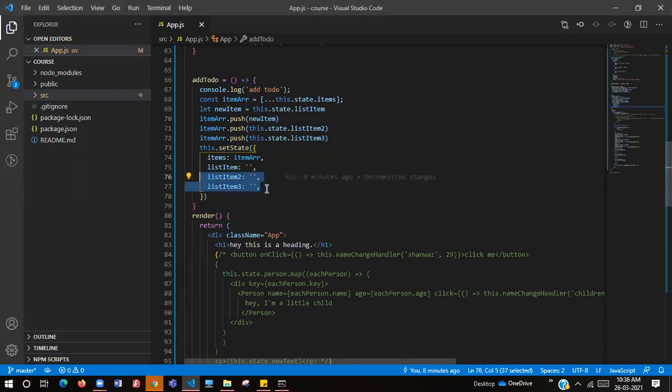Are you able to see my screen? Yes. See, after we are pushing the items array into items, we are setting list item 2 and list item 3 to empty strings.